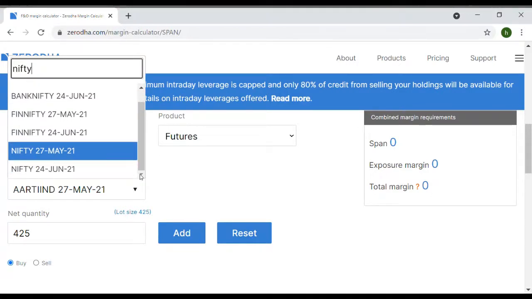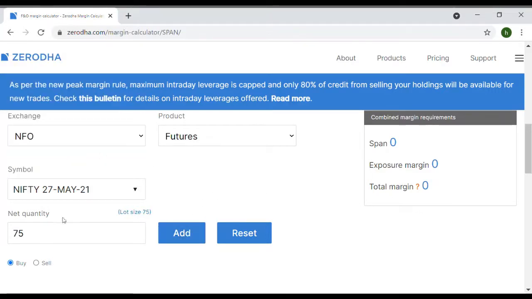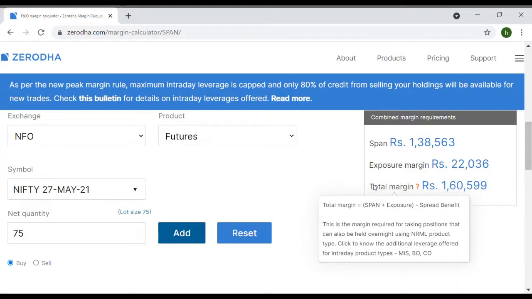We will have different expiry dates; 27th May. And the net quantity, the lot size is 75. If you want two lots, you need to put 75 into 2. Whether you want to buy or sell, you select whichever one and add. See here we see combined margin requirements. Span margin is 1,38,563. Exposure margin is 22,036. So the total margin, that's the initial margin, span plus exposure,